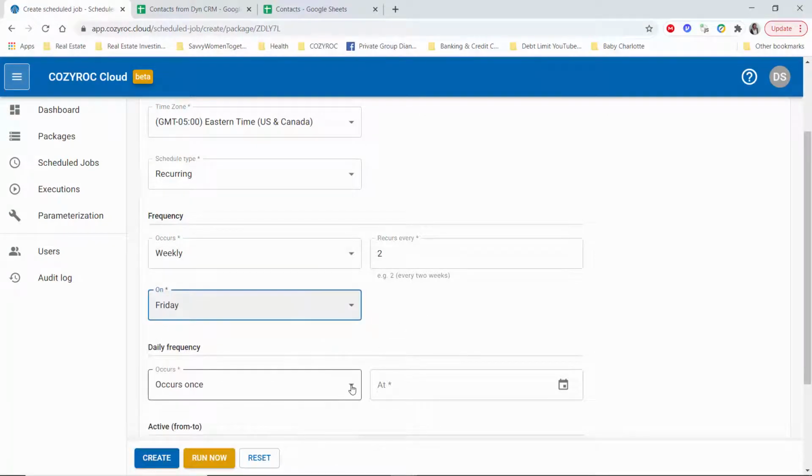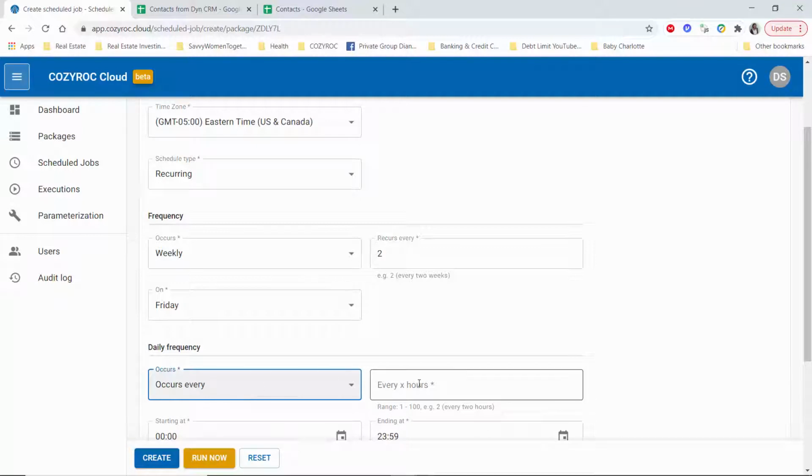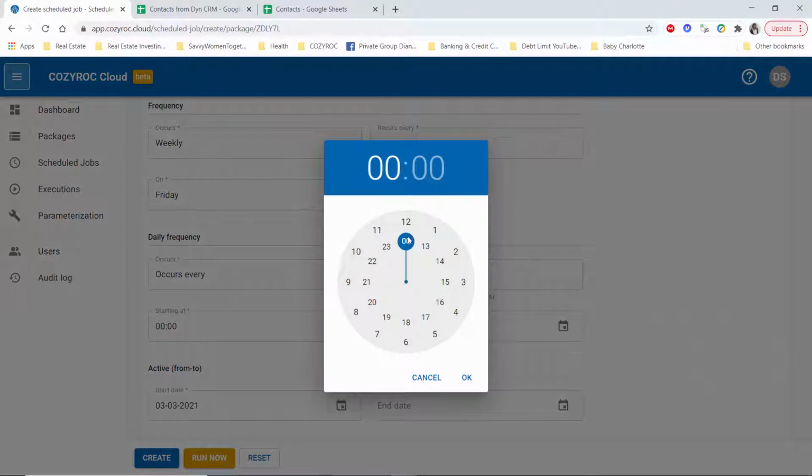And then I can say just run it 1 time on that Friday, or I can say run it every 12 hours on that Friday every 2 weeks. And then I choose the time I want it to run. So let's say I'm going to have it run the first time